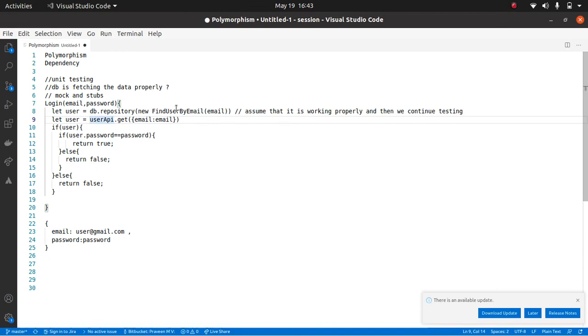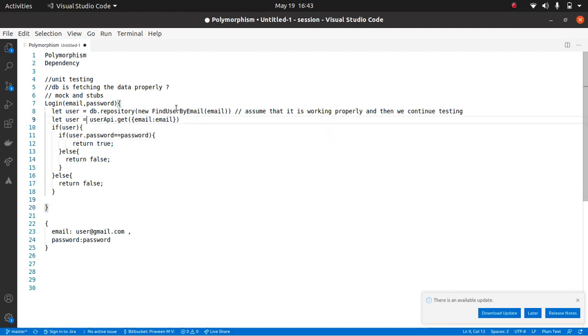So any dependency that is calling an external system, in whichever manner, either it is calling a database or it is calling the APIs using HTTP call, those things can be mimicked. The reason we want to mimic it is setting up this data so that we can test it is a little bit of a hard task. And the second part is the speed at which the test executes also.